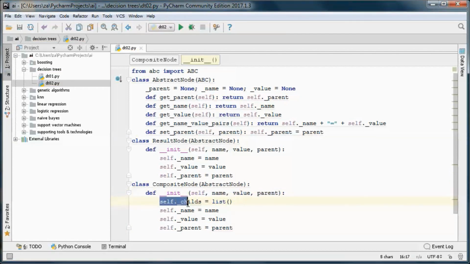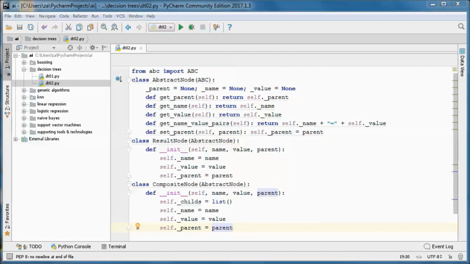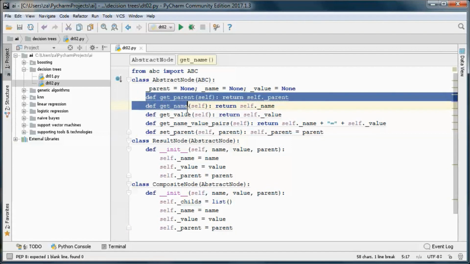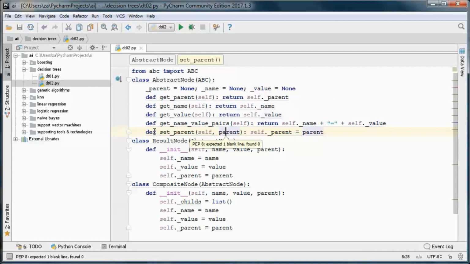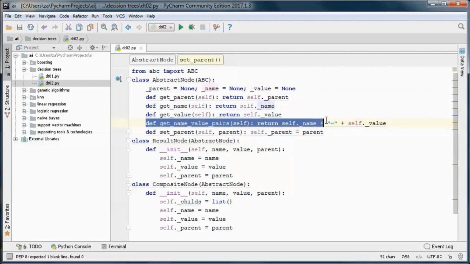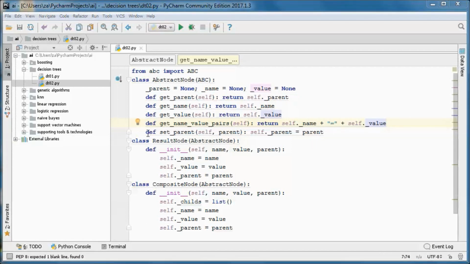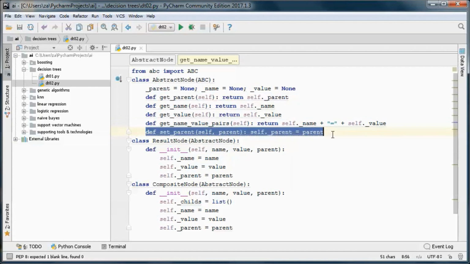Which contains a list of abstract nodes. And here in the abstract class, we have those get methods for the parent, the name, and the value, and the name value pairs. Returned as name equal value. And we have this set method for the parent.